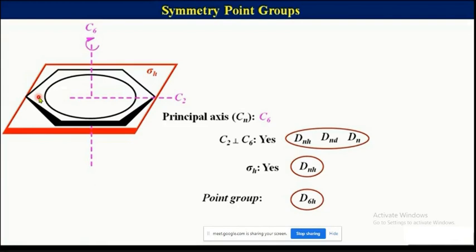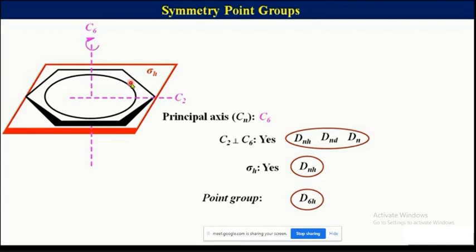But I don't bother about it. Why bother about that which is not going to decide the point group? In our case, the main concern is whether any C2 is present which is having the orientation of 90 degrees with respect to the principal axis or not. So luckily I got it from here. So why do we find out the fate of the rest of them? Don't bother about it, because that is not going to be a deciding factor. Okay, I completely agree. But here, in this case, C3 is also present, but I don't find out the C3.